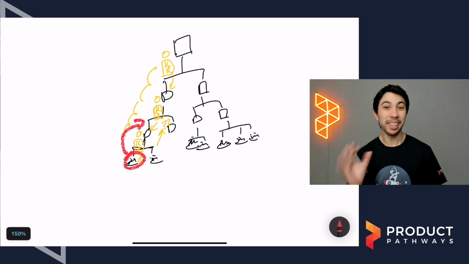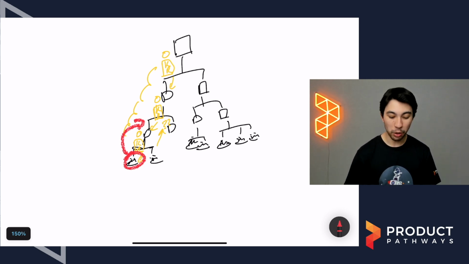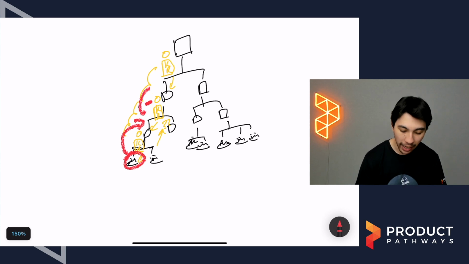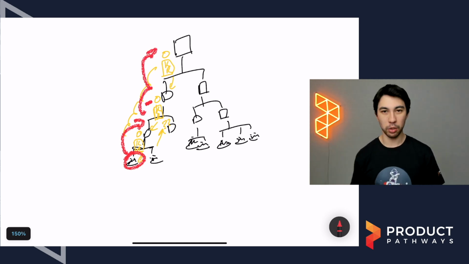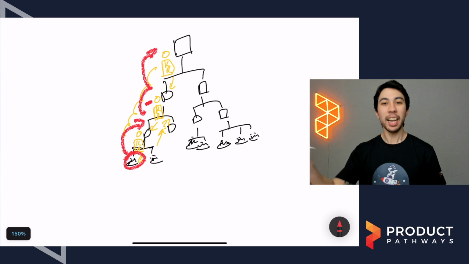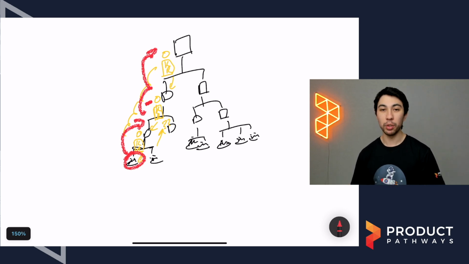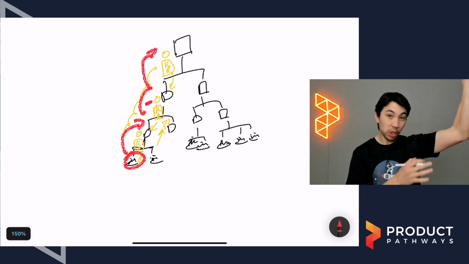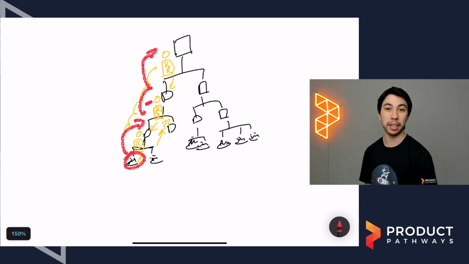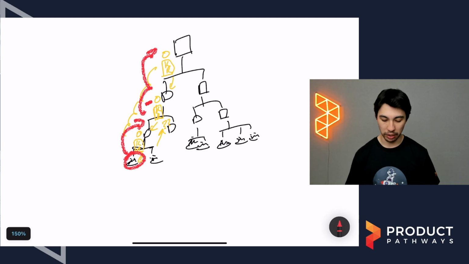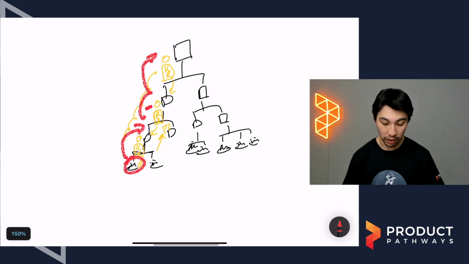Because here's the kicker as well. It's not just about changing that one level up, because they inherited theirs. It actually needs to go all the way back to the top in order to get that changed, so then you can make a change at the bottom. So you can see how this can stifle adaptability, because when we need to pivot and move, we need to run everything all the way back up to the top, and it needs to all change, and then it needs to run all the way back down, which is not effective or efficient either.